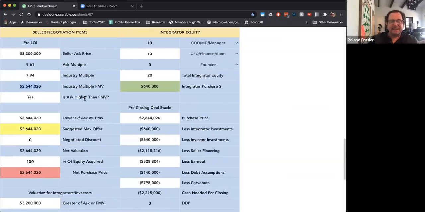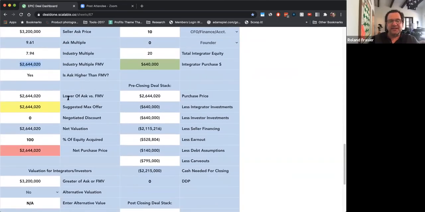Is the ask higher than fair market value? The ask is higher than fair market value, so the software will automatically pick the lower of ask or fair market value, and so your suggested maximum offer for this deal is 2,644,020. We don't have any discount on top of that that we're saying we're going to negotiate here, but knowing this column is here means that is something you might consider doing. The net valuation here then is